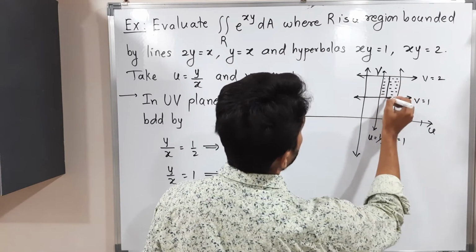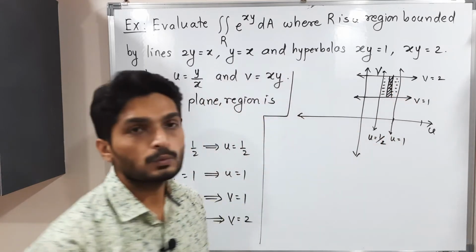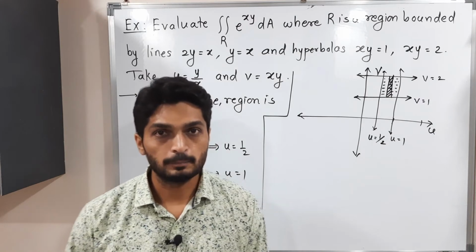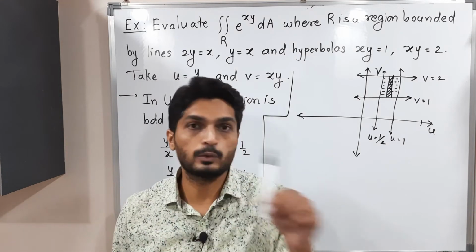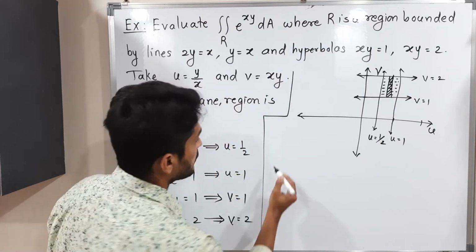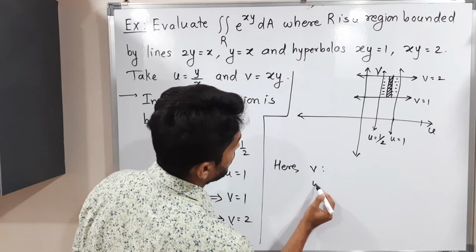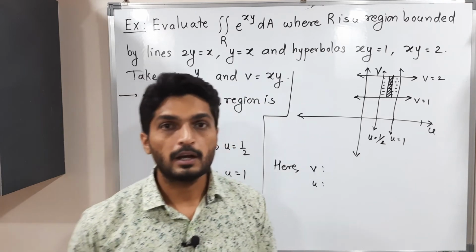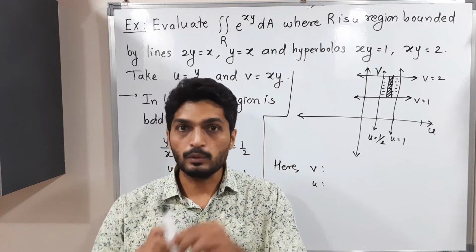So normally we consider a strip parallel to v axis. So I did the same thing here. So then you know our funda: bounded below, bounded above, left to right. So here strip is parallel to v axis. So that's why our first limits of v, after that limits of u. Bounded below, bounded above, left to right.